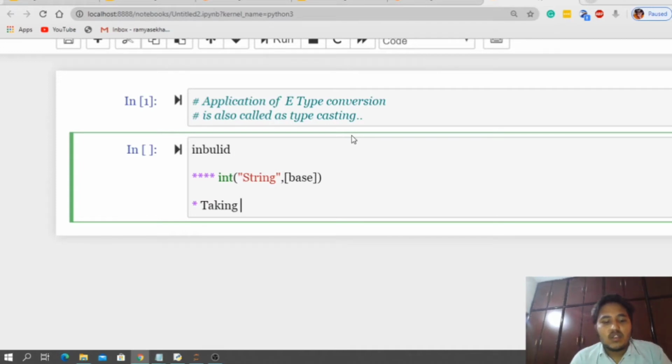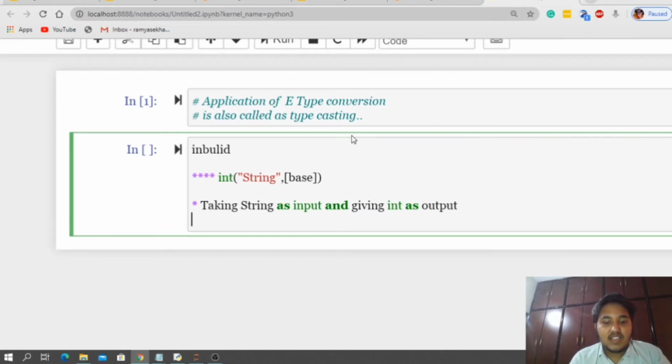So, briefly: it takes a string as input and gives an integer as output. And the base here is optional.